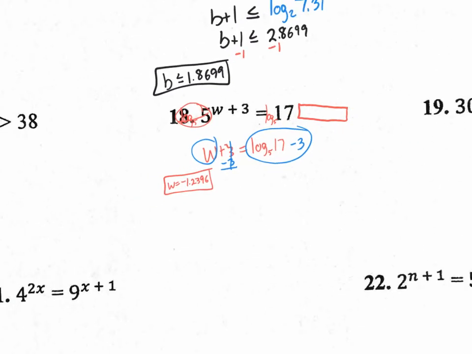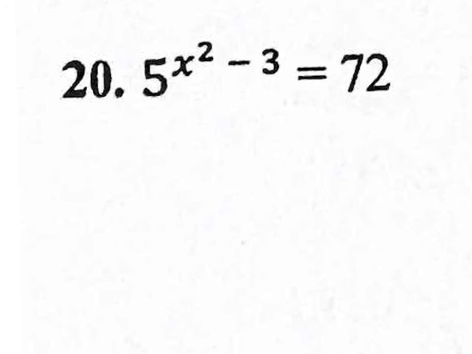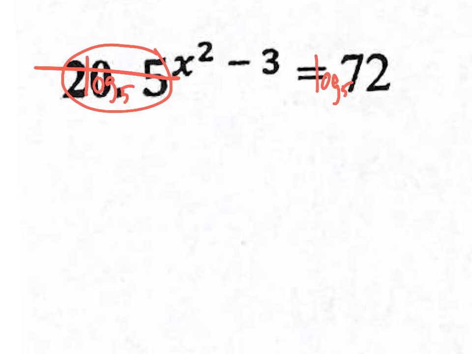Moving on. Gets a little more interesting on this one. We're going to apply a log base 5. That will cancel it out. The 5, that is. What you do to one side, you must do to the other. Apply log base 5 right there. So this cancels out. We end up with the x squared minus 3. That used to be an exponent. Now it's a regular x squared minus 3 equals, we're going to have a crazy decimal right here on the calculator. Log base 5 of 72